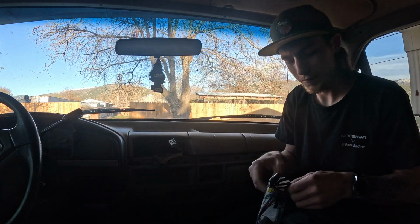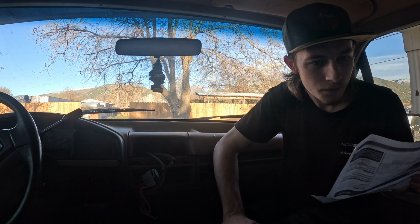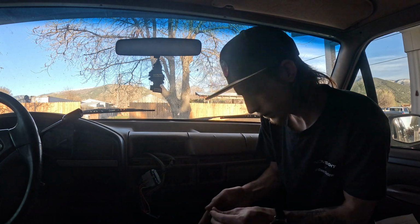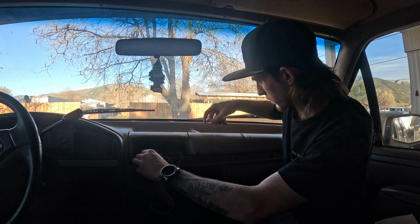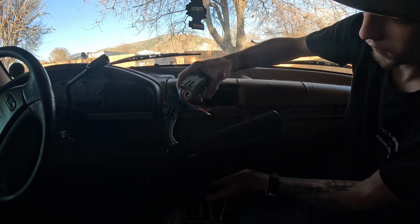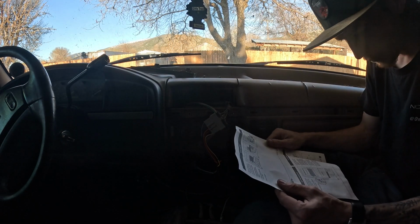And I did buy the proper kit this time. Usually don't buy these. I usually cut the harness and wire it in, but figured I'd well get it to make the job a little bit easier, and hopefully it'll be probably a little bit better. So I got the wires ready. So move this panel as well. Now, once all that's taken out,